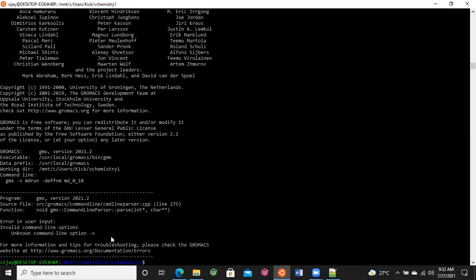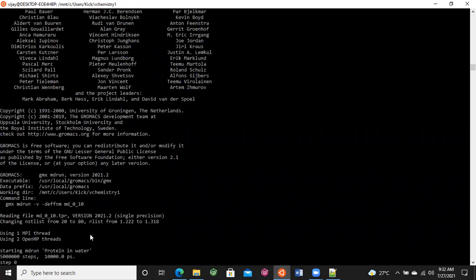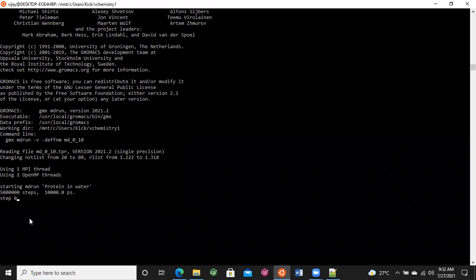Oh well, this is showing that it does not recognize the dash v option, so remove dash v from here and introduce it here. So finally, you see that the MD simulation has started and the number of steps is showing.